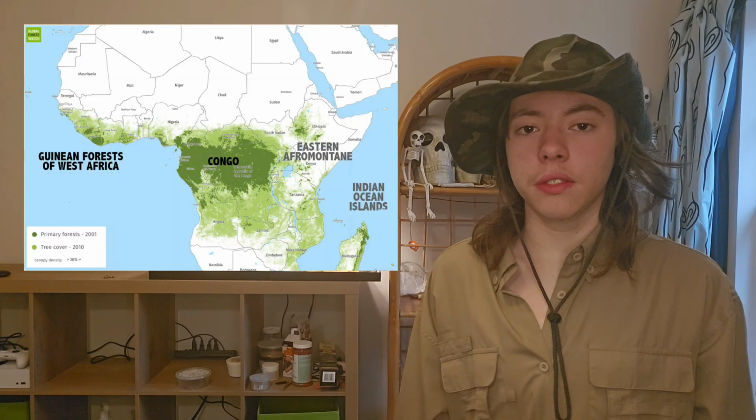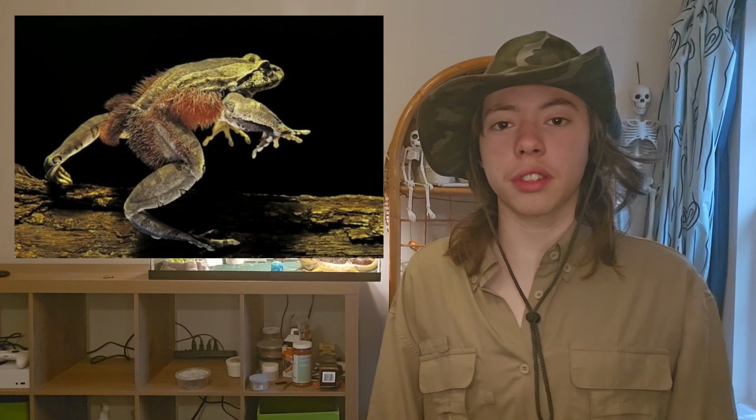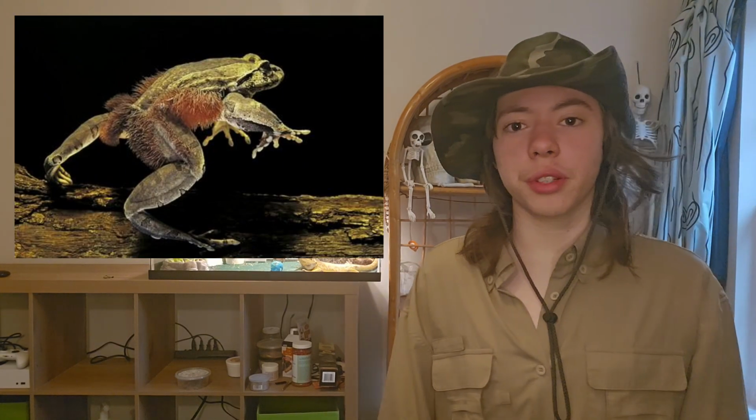The next modern day amphibian is the hairy frog. The hairy frog is 3 to 5 inches long, or 8 to 13 centimeters long. They are carnivores. They are native to the Congo rainforest in Central Africa. That hair on their bodies is actually dermal papillae. I am not sure if that's how you say it. They are probably used to increase the surface area of the frog, so that they can absorb more oxygen. I have not mentioned it yet, but amphibians actually breathe through their skin. And only males have that hair, and they only have it during the mating season.